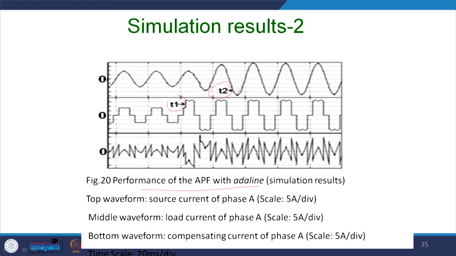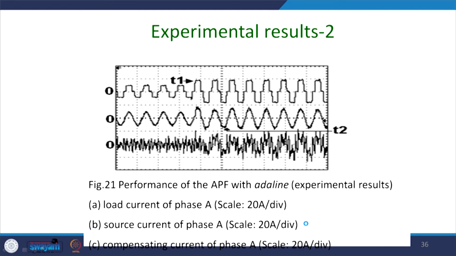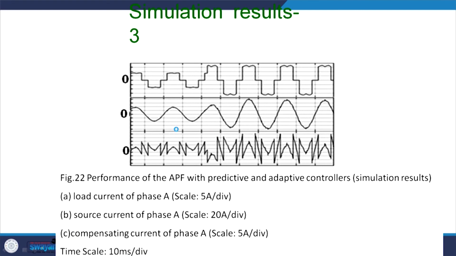So, the top waveform is the source current, the middle waveform is the load current, and the bottom waveform is the compensating current, and the scale has been taken as 20 milliseconds per division. Similarly, this is the corresponding current, this is the load current, and till there you can see that it is not sinusoidal. After this interval of time T2, it is sinusoidal. So, here both these algorithms are working, and so this is the